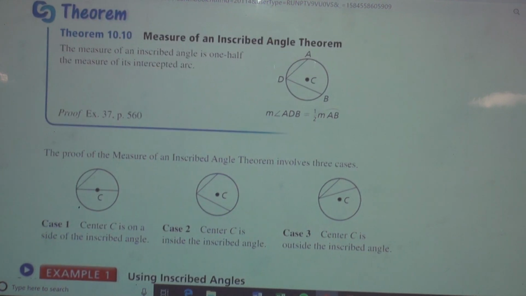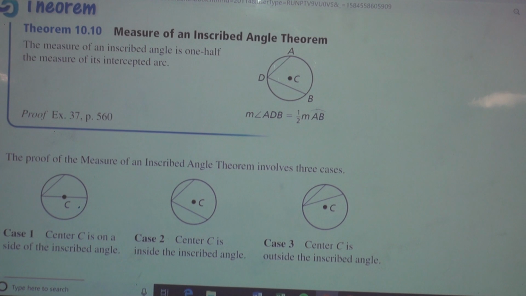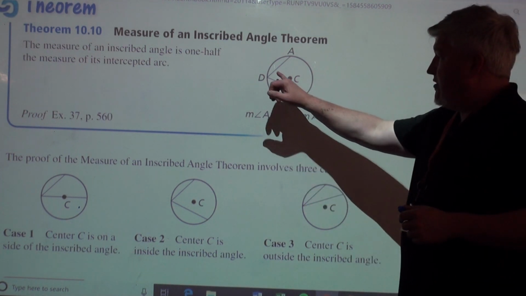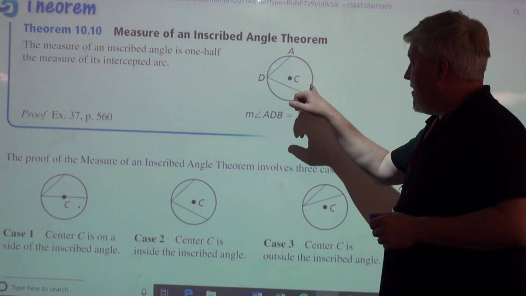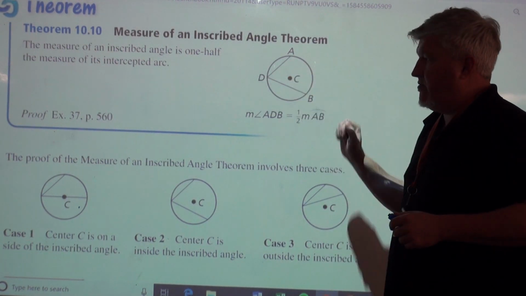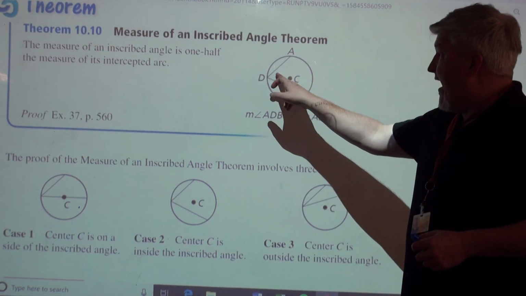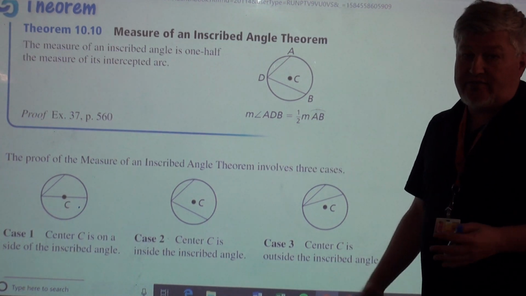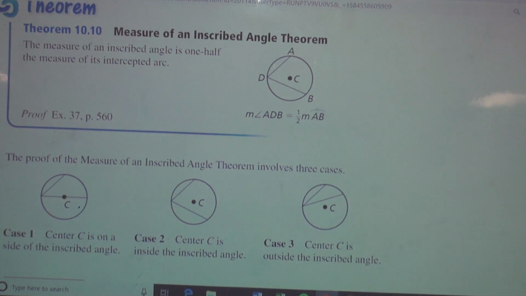Theorem 10.10. The measure of an inscribed angle theorem. The measure of an inscribed angle, here it's angle D, is 1/2 the measure of the intercepted arc, arc AB. Very straightforward. This angle measure is 1/2 what this arc measure is. Okay? So as the examples down here,